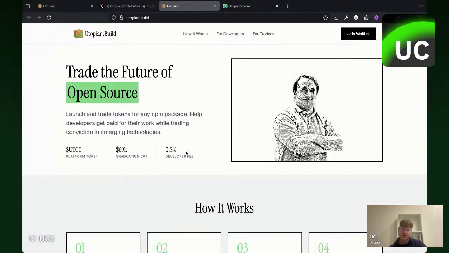So the way I imagine this to work is basically you can search for an NPM package and then launch a token for the NPM package or invest into the NPM package. And this is great because it directly ties investments to usable assets, which are software. And developers of these packages can claim the tokens and get fees to fund their operations